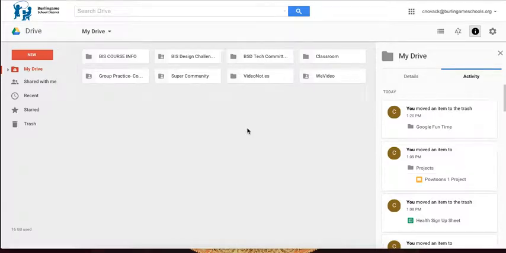I'm going to be talking about how you can search for different documents and material in your Google Drive. As you start collecting more materials in your Drive, and especially if you're using it with students, I have 300 students or so, things can quickly become overwhelming and confusing,